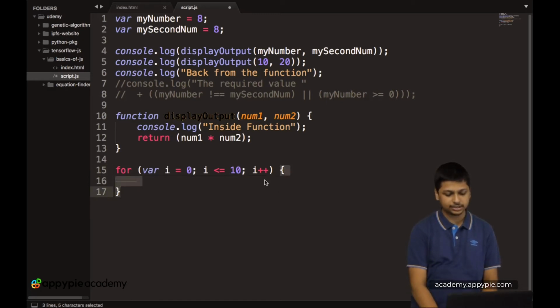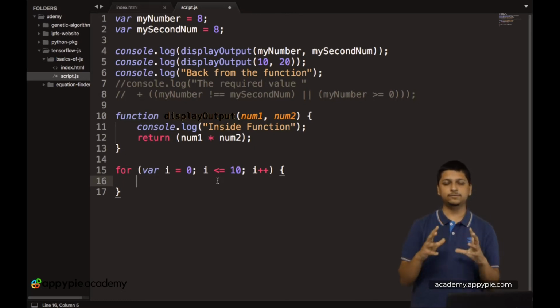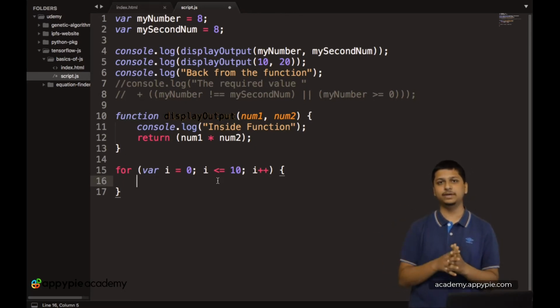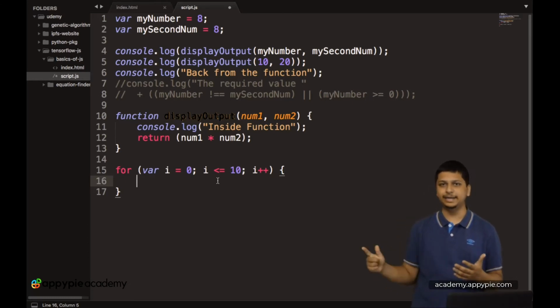Inside this particular loop we have to write the lines of code which need to be executed again and again. Let's calculate a very simple thing where we'll calculate the square of all numbers up till 10.